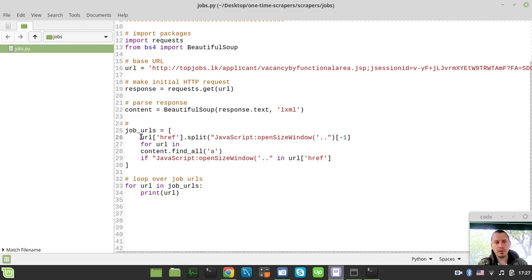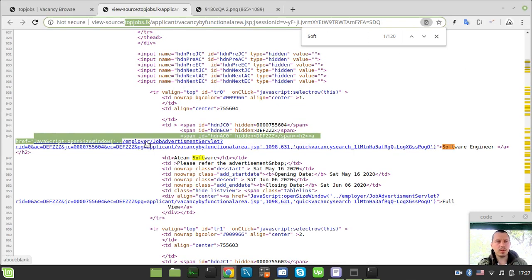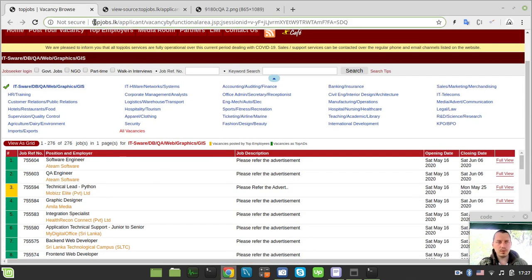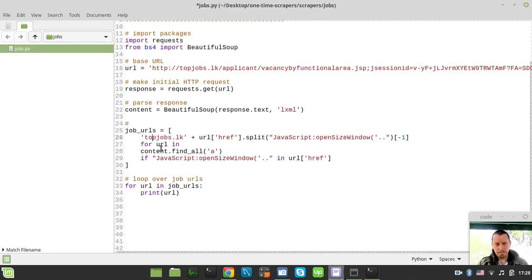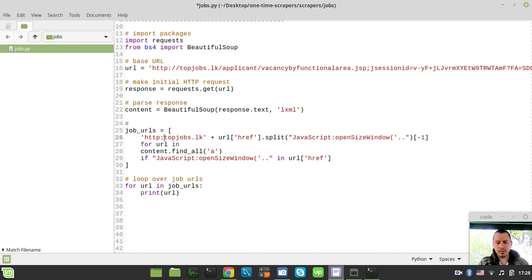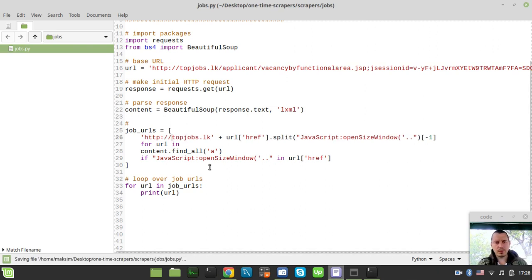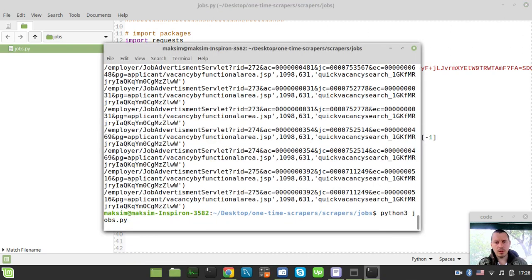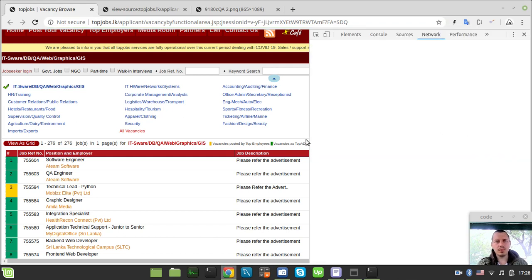Okay, so now let's try to formulate the entire URL here. Is this using HTTP? Not secure. Okay, so it's using HTTP rather than HTTPS. So HTTP, this. Okay. Man, why is this so slow? I don't know, I just try to provide a user agent, so